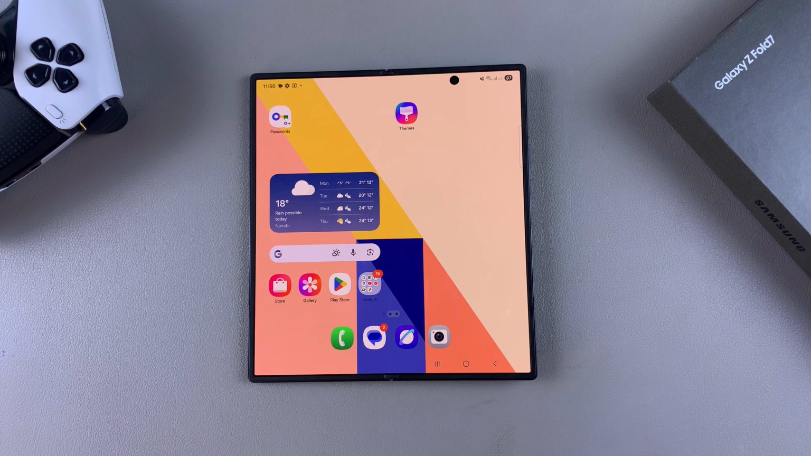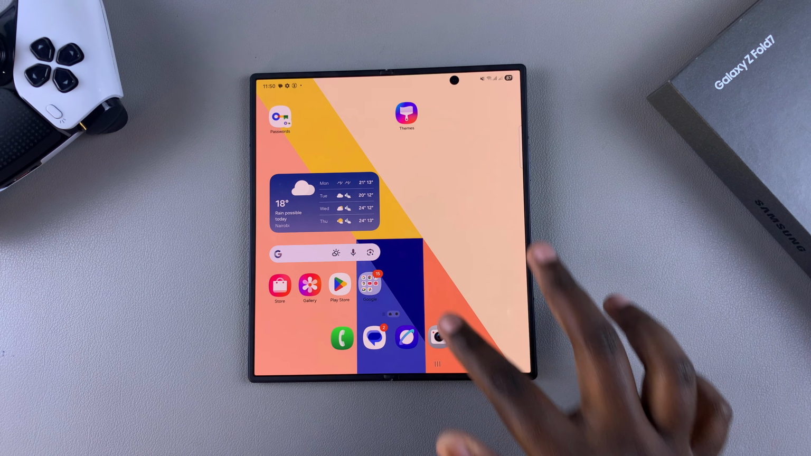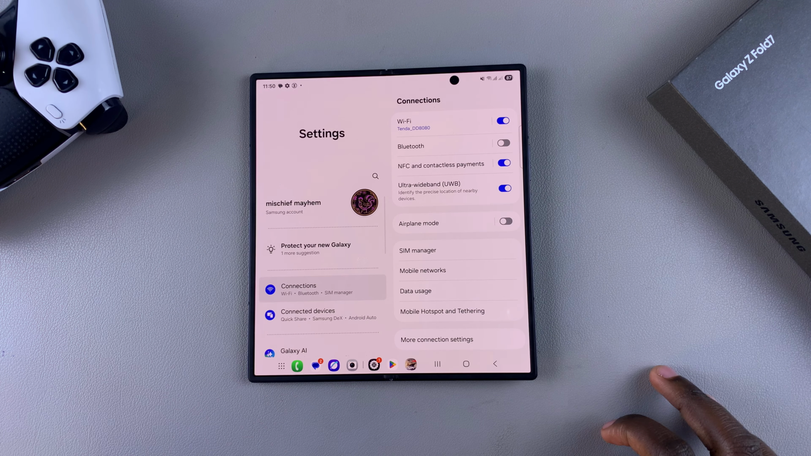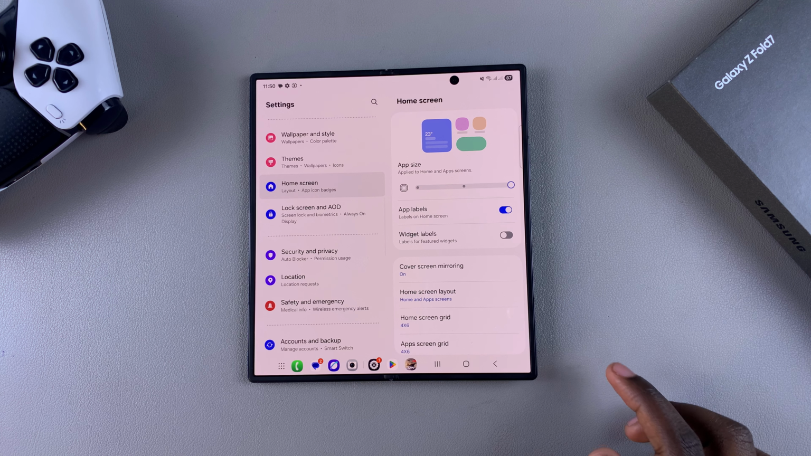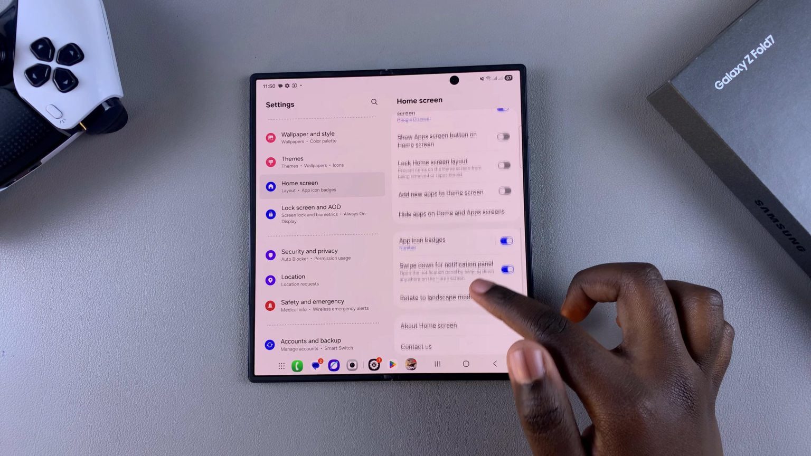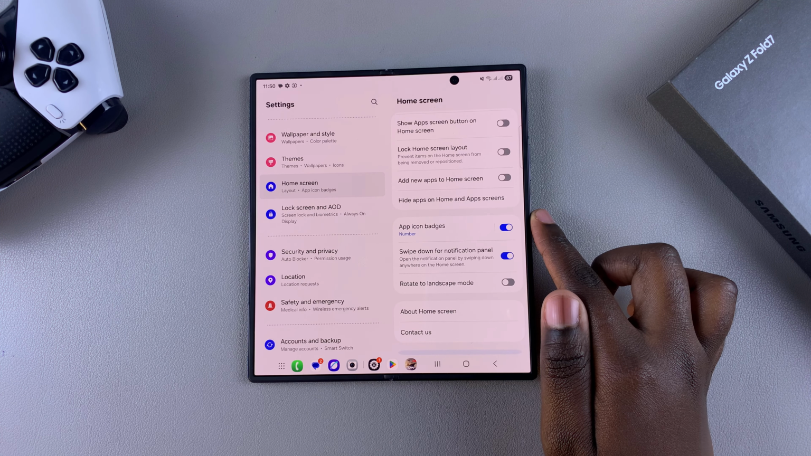So in this video, you'll learn how to enable or disable app icon badges on your Samsung Galaxy Z Fold 7. So the first thing is to just navigate to the Settings app, and then you want to scroll and select the option Home Screen. Under Home Screen, you're then going to scroll down until you find app icon badges, then go ahead and tap